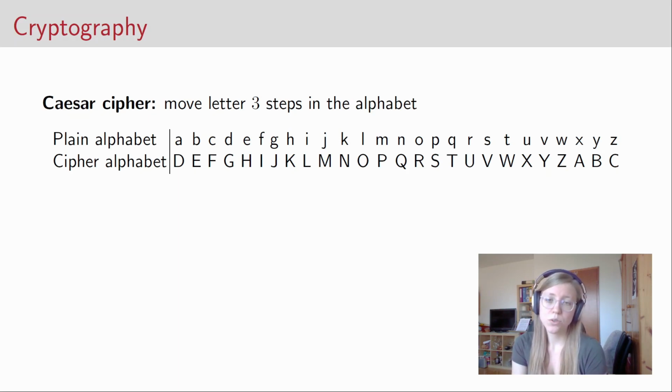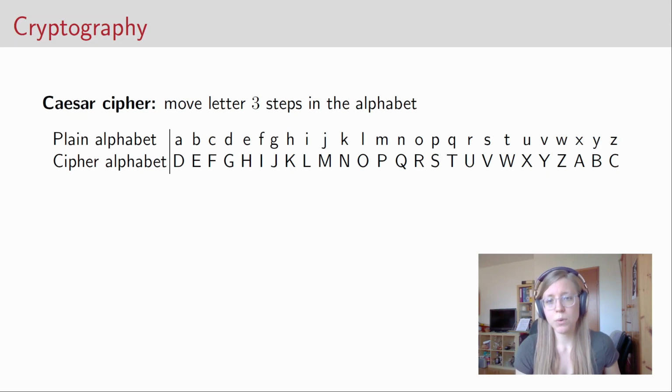It basically tells you to move each letter of the alphabet 3 steps further in the alphabet. This means that the letter A is encrypted as a D, the letter B is encrypted as an E, and so on, until we get to the letter X, where we start again at the beginning of the alphabet and encrypt X with an A, Y with a B, and Z with a C. Of course, you can do it with moving the alphabet more or fewer steps further, but moving it 3 steps further was how it was originally used by the Romans when they wanted to send messages of military significance.